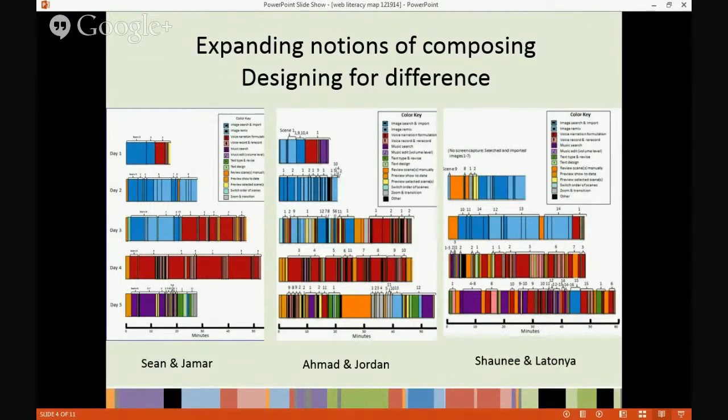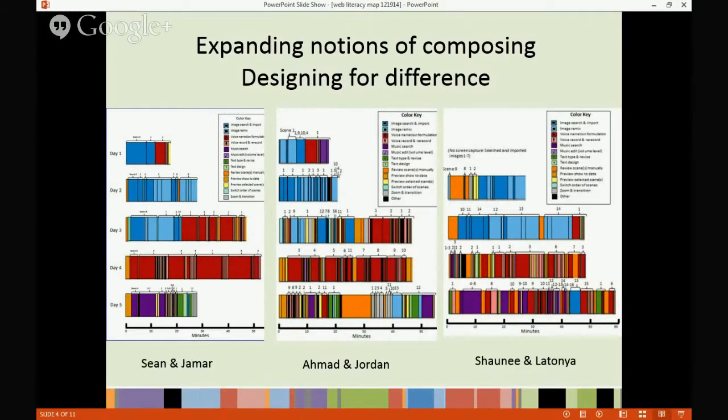So this is something that Blaine and I have been exploring as a means of both capturing and representing the complex process of multimodal composition. And the reason that I'm sharing it here, as we were talking about web literacy, is I really want to push on expanding the notions of composing and the composing process, so that we don't get bogged down with overly scripted processes,